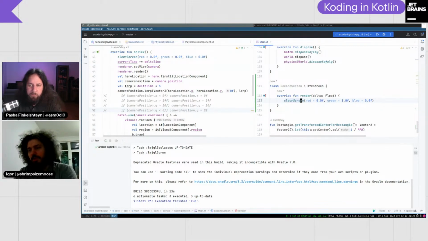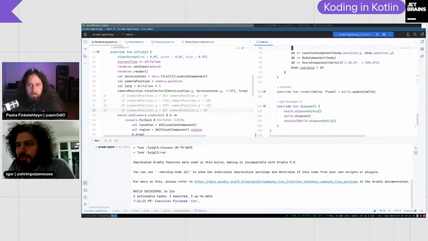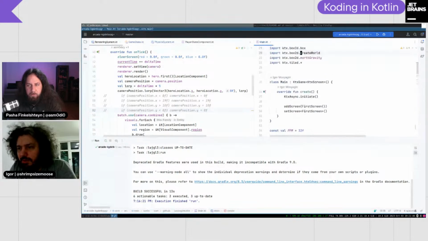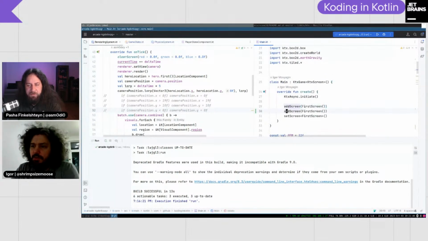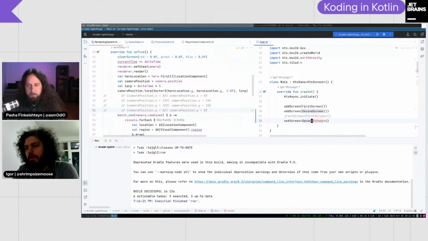Anything will work. Yeah, I just want to make sure that it's something different. Second screen, and we want to say add screen, second screen. And here we can change to second screen too, just to test that it's working. Yes. Right.